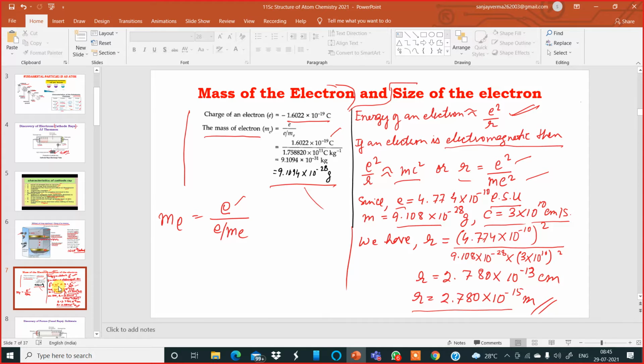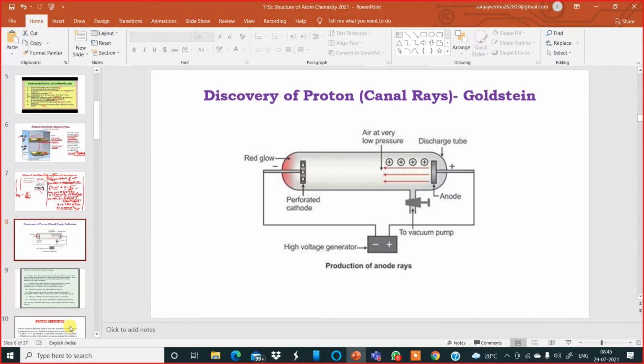So I request you all to remember this working and remember this working over here, because this will be asked in the examination. Now, after the mass and the size of the electron were done, moving further to discovery of proton. Protons were called canal rays, and this experimental setup and the performance was done by Goldstein, another fellow. So here in a discharge tube which is kept at a low pressure, the anode is there,